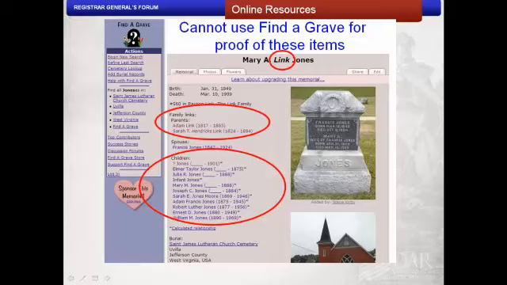Contact the Find a Grave contributor for help in identifying the sources used for her maiden name, parents, and children. Although some Find a Grave contributors focus on uploading records for entire cemeteries and may not be familiar with specific families, many focus mainly on memorials for their relatives and are happy to share research and sources. Before contacting a contributor, read their biography for their contact preferences.